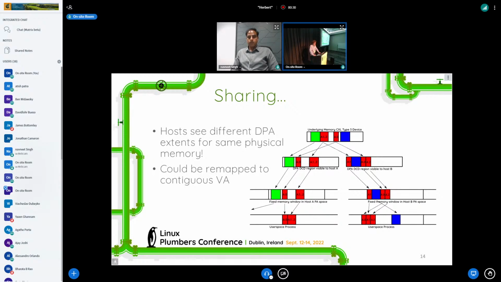And then just for extra comedy, there's no particular reason they have to either be the same size chunks or in the same order, which means that you get this situation where your host is getting presented with stuff that you're sharing across multiple hosts. The physical address ranges that they're seeing on each host are effectively scrambled,